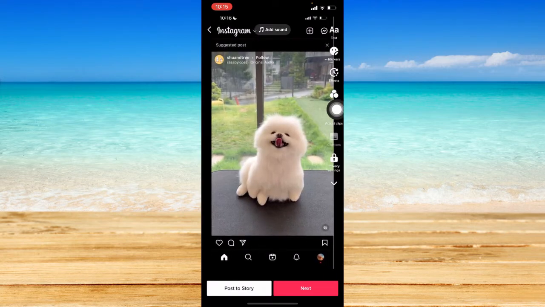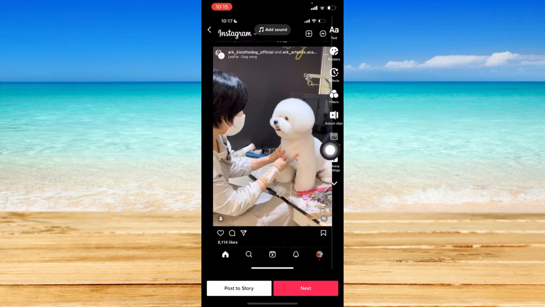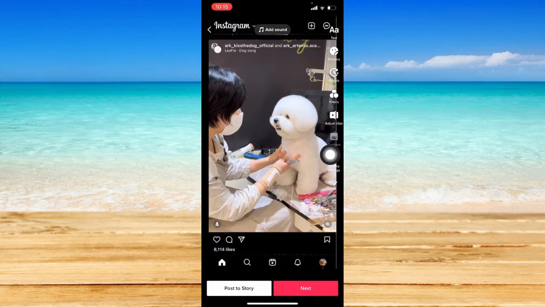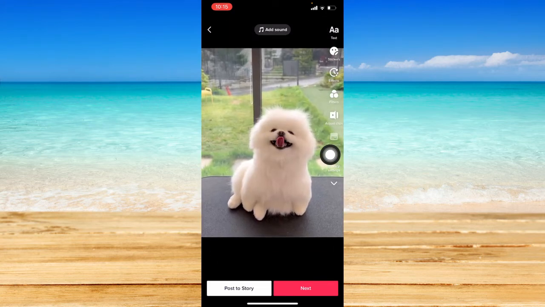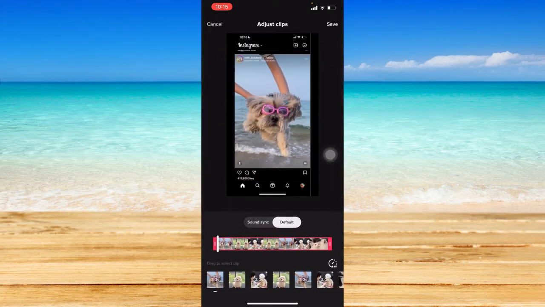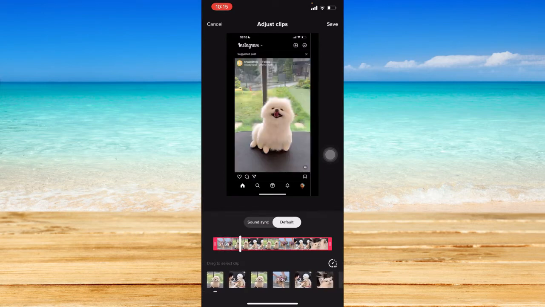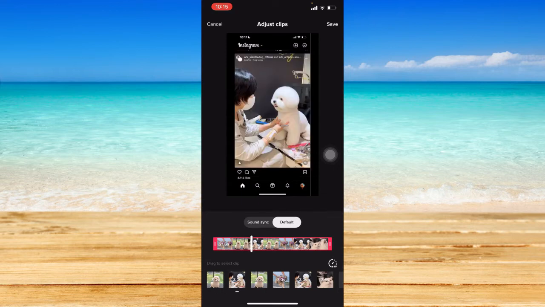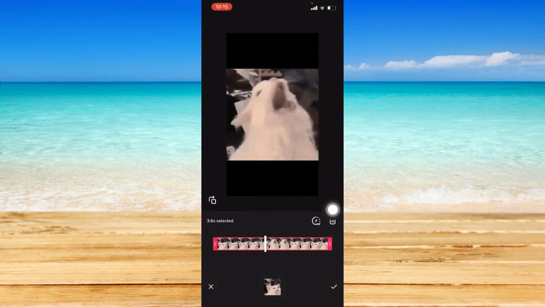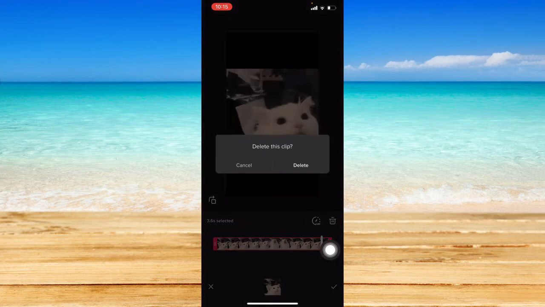And after you have selected a random video, just click on next at the bottom right hand corner and wait for it to be created. After that, let's just click on this adjust clips option over here that should be seen since we have added one video to our TikTok video. Just click on adjust clips, and what you're going to do is to select the video that we added, the random video that we added, and let's just click on this delete button right here,